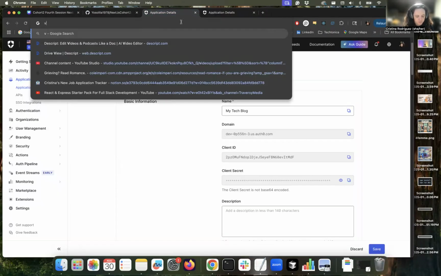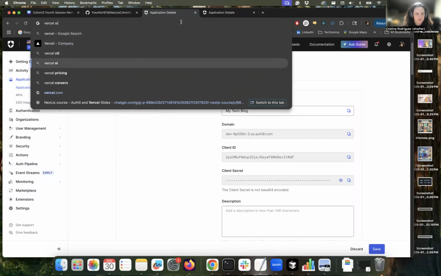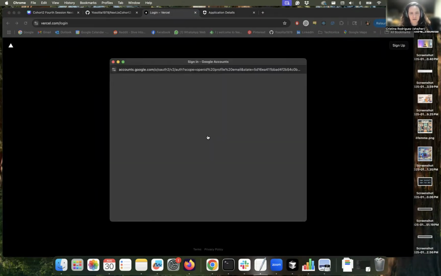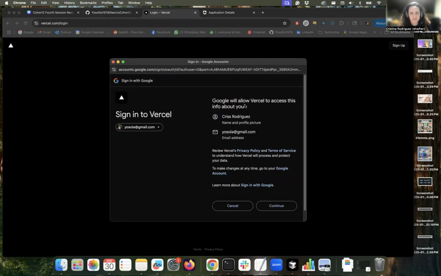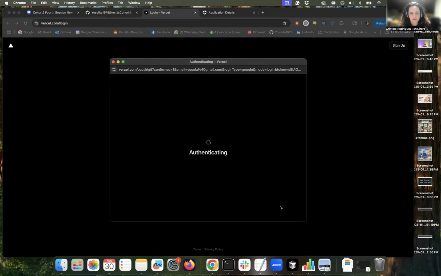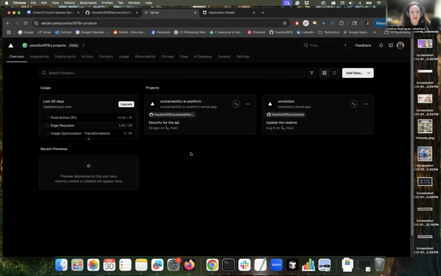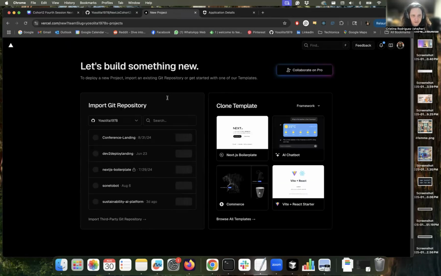So what do you need to do to deploy to Vercel? You need to go to Vercel also, and then log in. I log in with Google. Another problem, I don't remember what I did to log in. I think so. Okay, so yeah. And then it will tell you these projects where you have. Probably you will have this empty also. I have a bunch of projects with Vercel. You want to create a new project and then connect it with